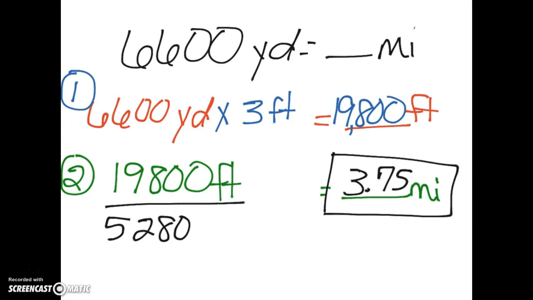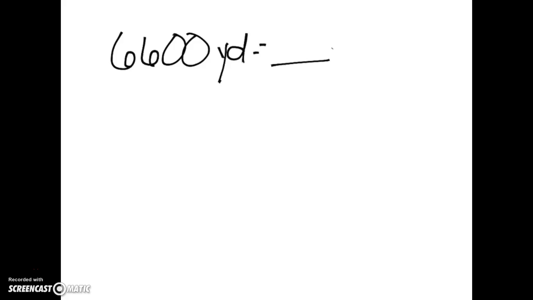And again, in 2 steps here, I have converted from yards to miles. Now, you might also see this problem written out as what looks like a 1-step problem. If I were to take the same thing and you look in your book, the example that they have there takes it from 6,600 yards to the same 3.75 miles, but they write it out where it looks like this. They take 6,600 yards times,